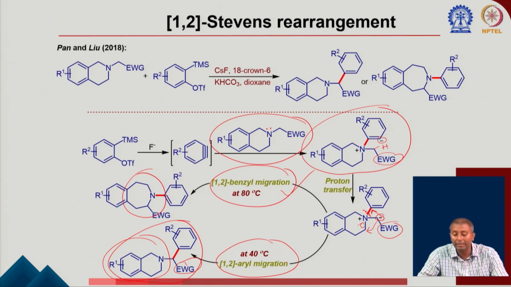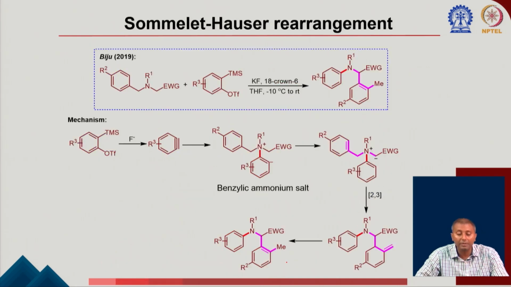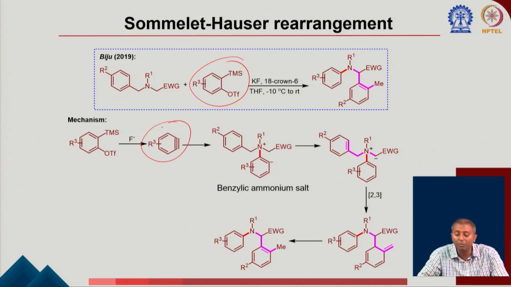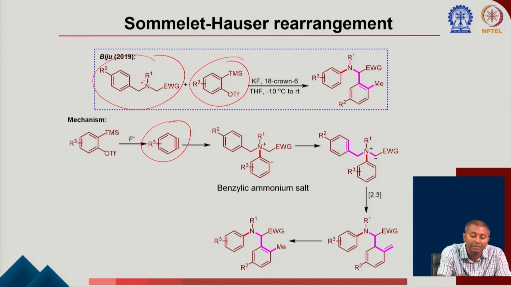So you end up getting both the products depending on the reaction condition. Then the next example is the Sommelet-Hauser rearrangement. Here you can see, first, in case of the very similar condition of the Kobayashi group, you end up generating benzyne. Now the benzyne is going to get attacked by this tertiary amine. Again, the nitrogen having the lone pair is going to attack here